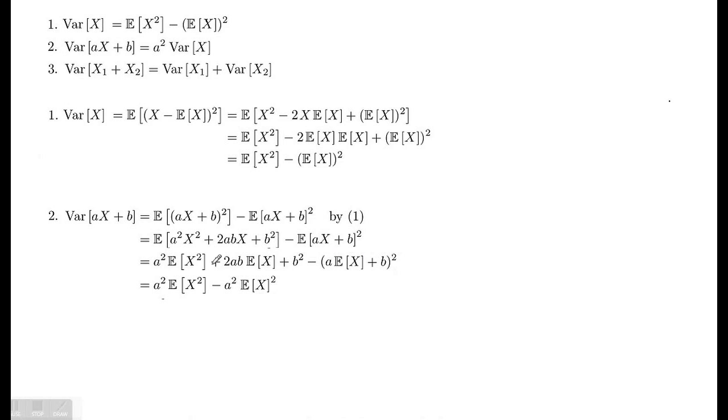And then we take all those terms together, and here the last part, this one, we extend again the binomial formulas, and we are left with a squared times the expected value of x squared minus a squared times the expected value of x squared, which, when we put the a squared in front of the brackets, we get a squared times